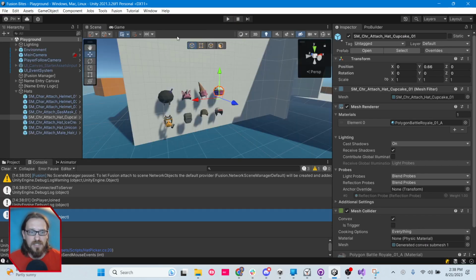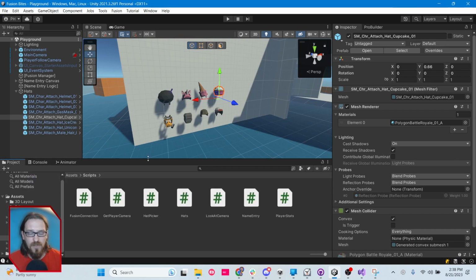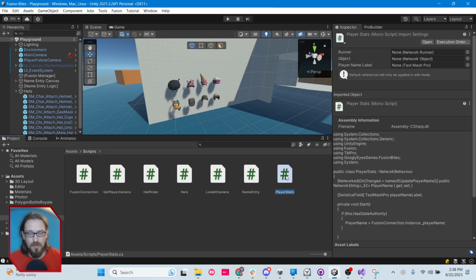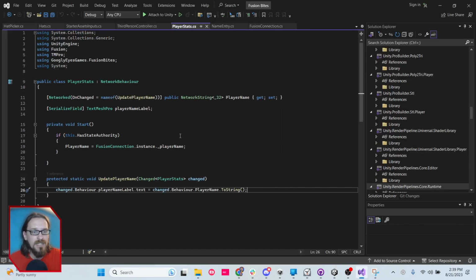So remember our player stat script from our last bite. And if you haven't watched our previous bites, go back and watch the previous bites. So our player stat script. Let's take a look at that. Now we need an easy way to reference this. And so what I like to do, and the way I do it, some people would probably scoff at, but it works and I like it, and it's simple, is,